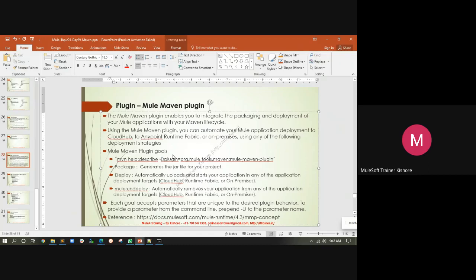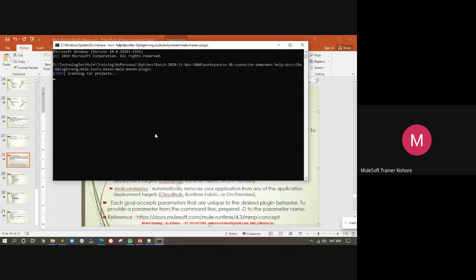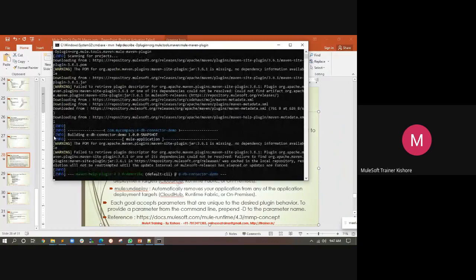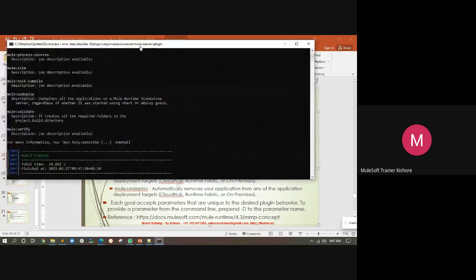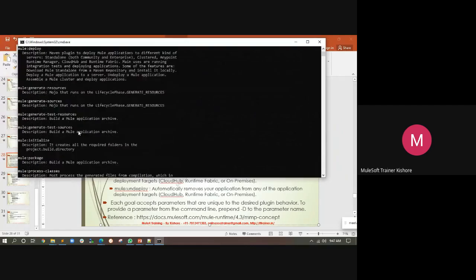Okay, let me copy this. So I'm asking, when you are running this command about your pom.xml, see this is trying to download something, and then it is trying to run this describe, and then see here, it talks about your Mule Maven plugin.